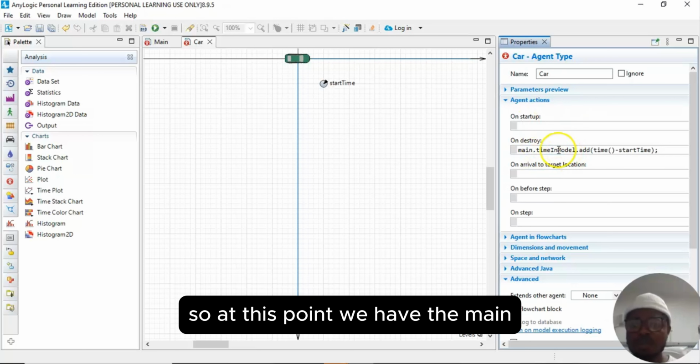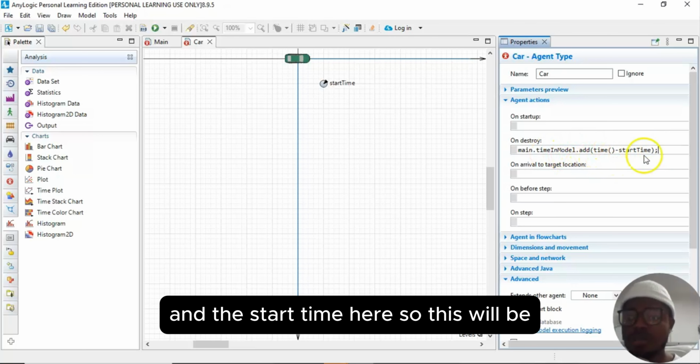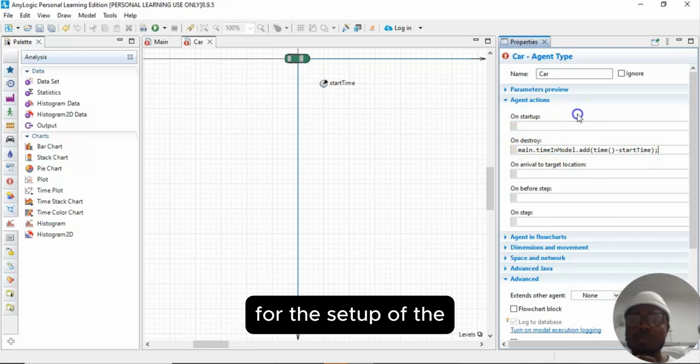So at this point we have the main dot, the time in the model dot. We had the time and the start time here. So this will be for the setup of the